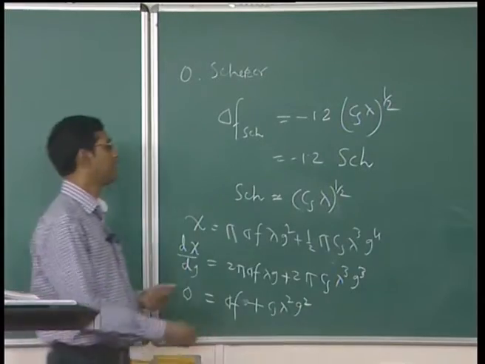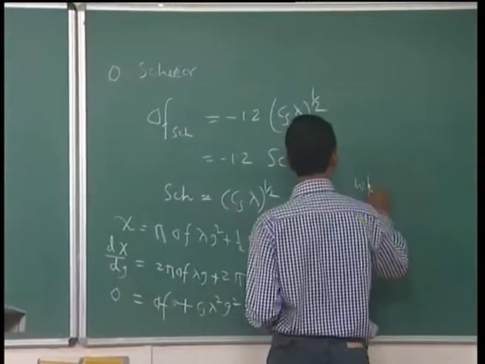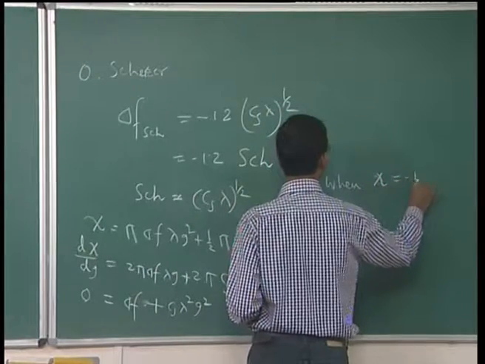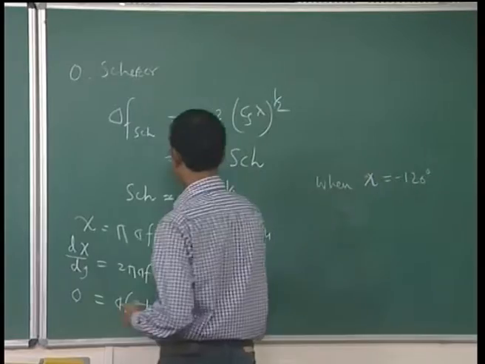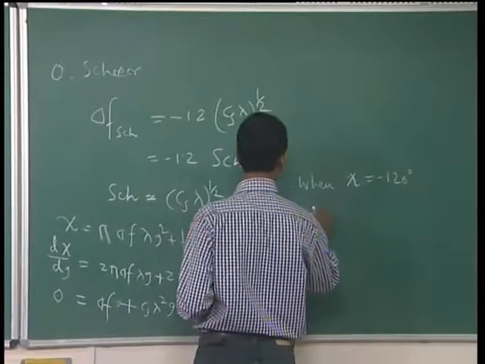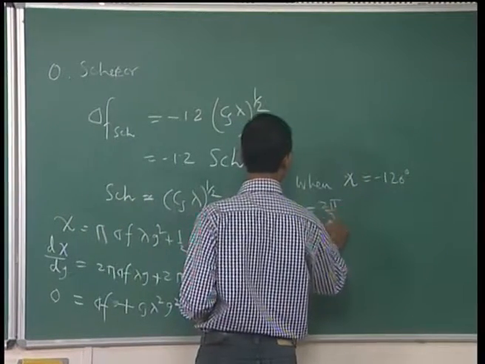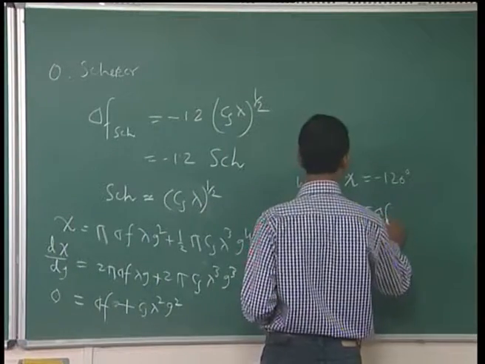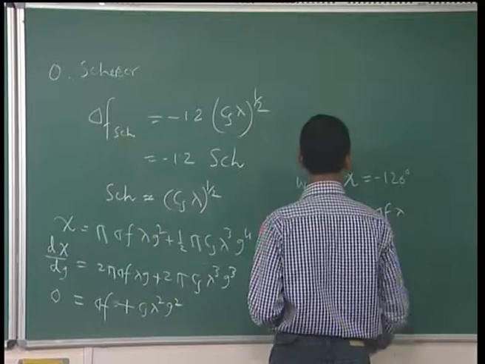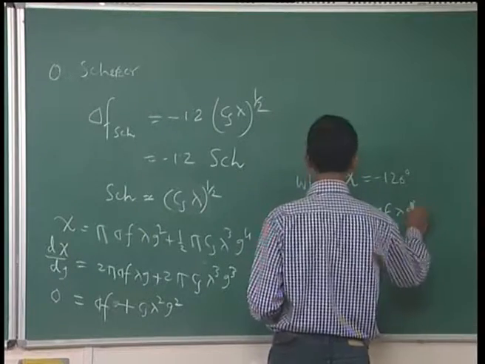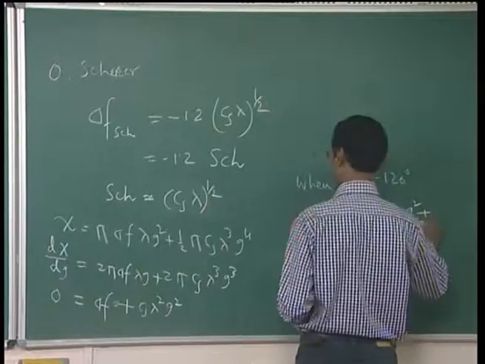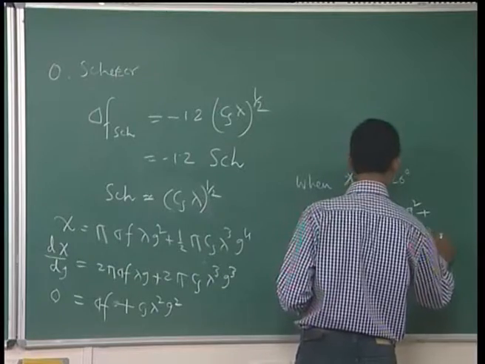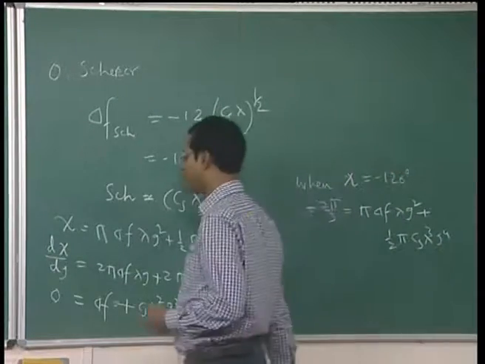When psi is minus 120 degrees, we obtain from this equation that minus 2 pi by 3 is equal to pi delta f lambda g square plus half of pi Cs lambda cube g to the power 4, and combining these two equations